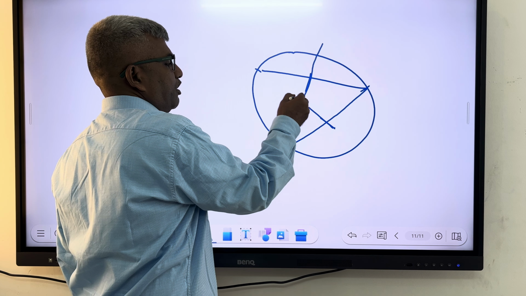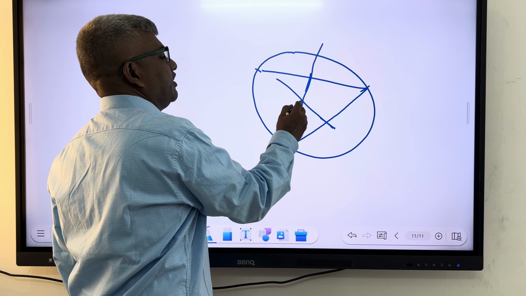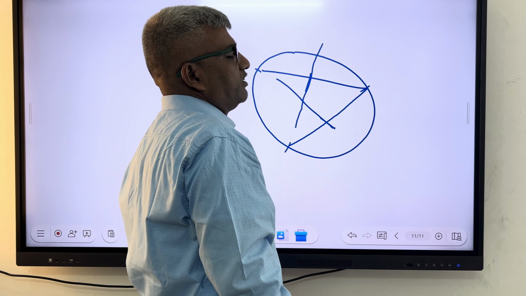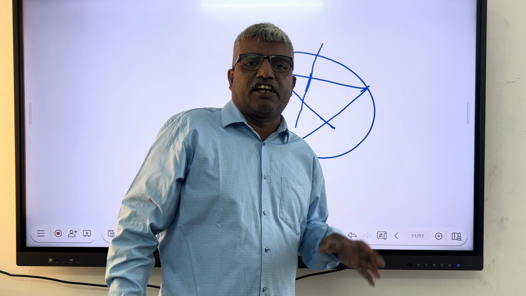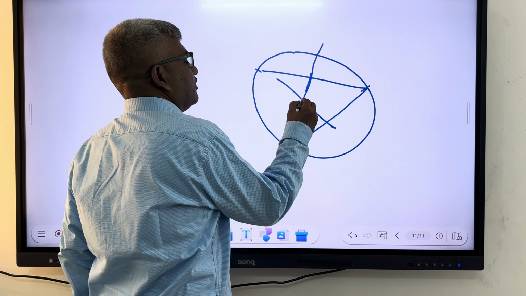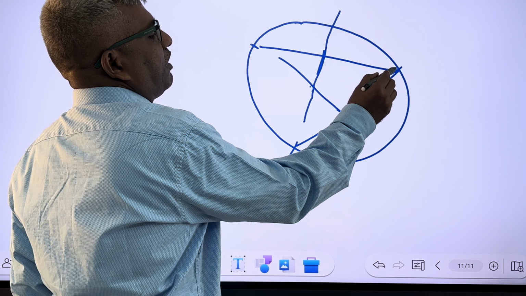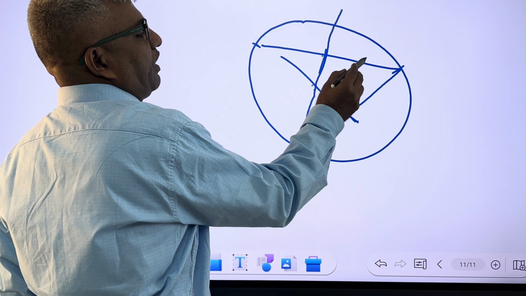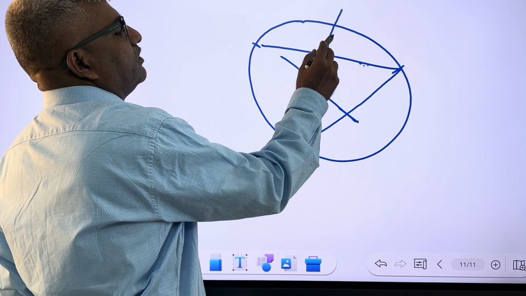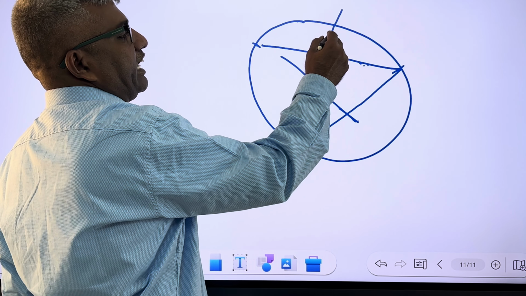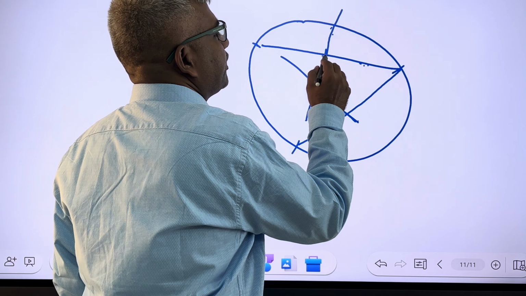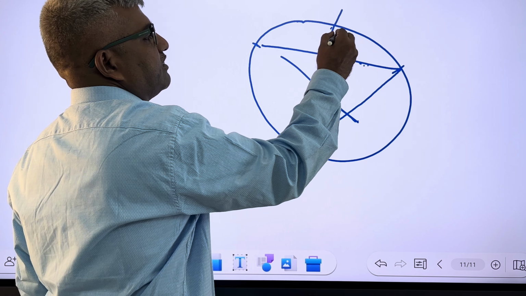As per the circle property, the chord's perpendicular bisector always meets at the center. So first you have to find the midpoint and the gradient of this chord, and then the negative reciprocal gradient is the gradient of the perpendicular bisector, and using this point you find the equation